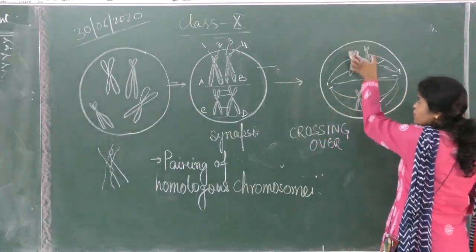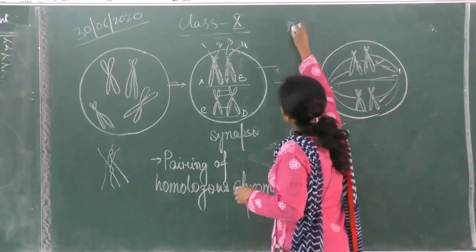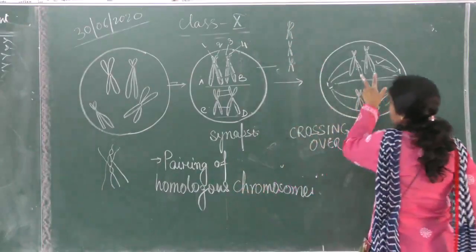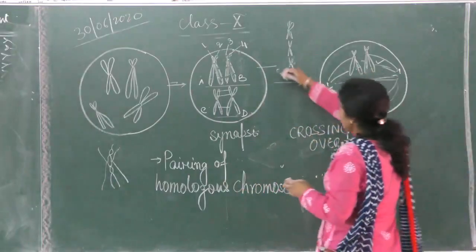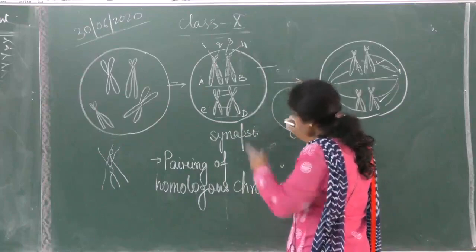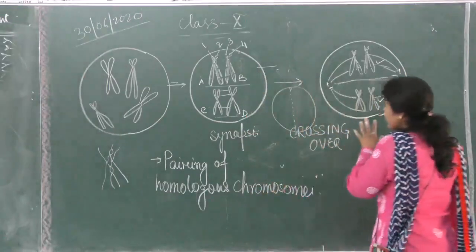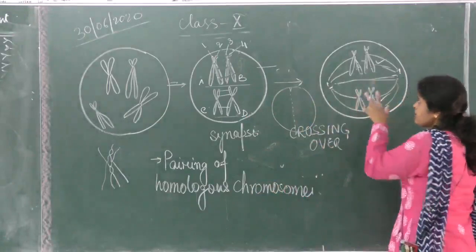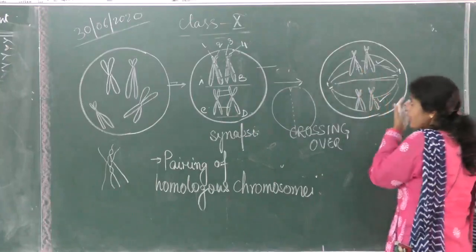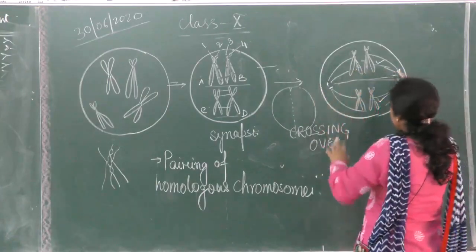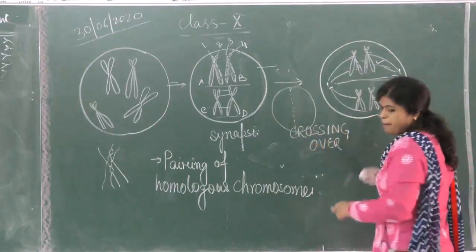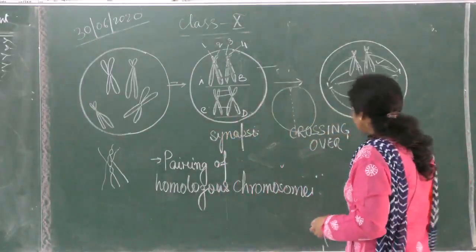The pair of chromosomes, you know, in mitosis, if you remember, we had shown the chromosomes aligned on the equatorial plane, but here the homologous pair of chromosomes. If we have 46 chromosomes, in mitosis we will see all 46 chromosomes aligned one after the other, but in meiosis they will be in pairs. Is it clear? 2, 2, 2, 2, 2, 2, like this, 23. Is it all right? Now this is after the exchange has taken place. The spindle fibers get attached to the centromere and they pull apart. Is it clear?